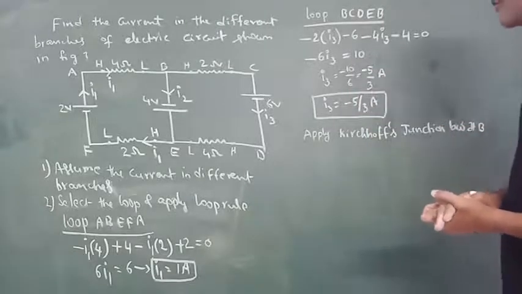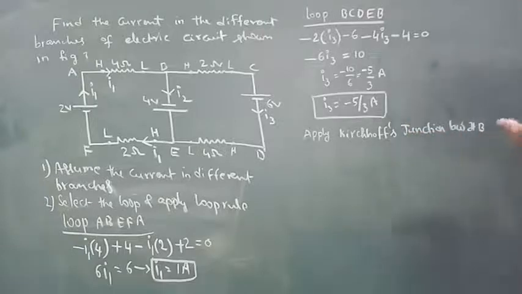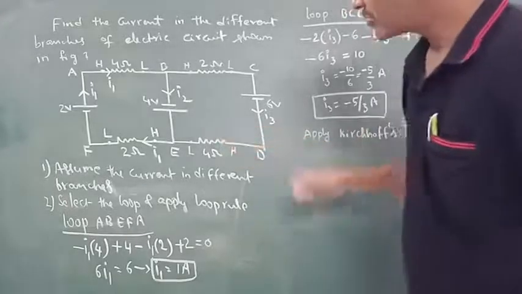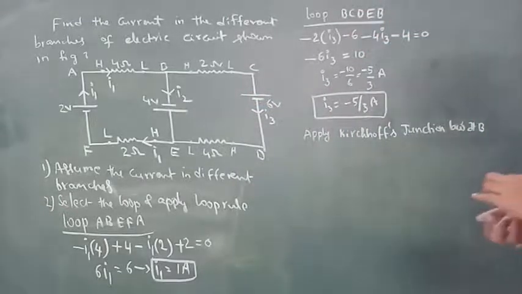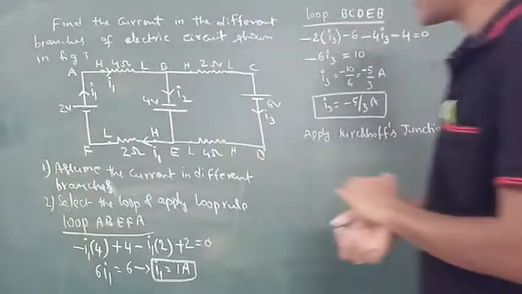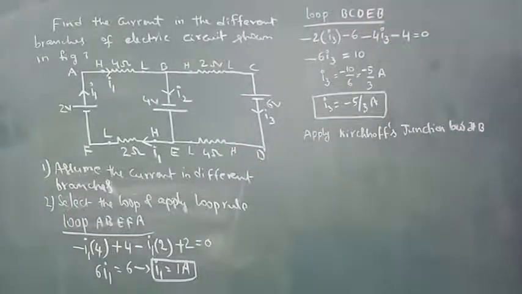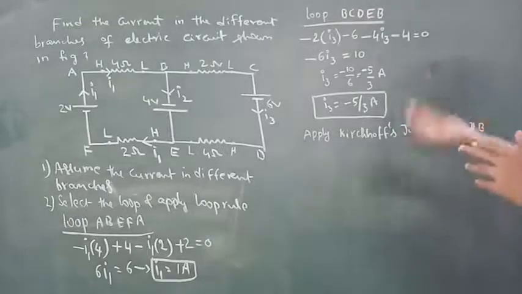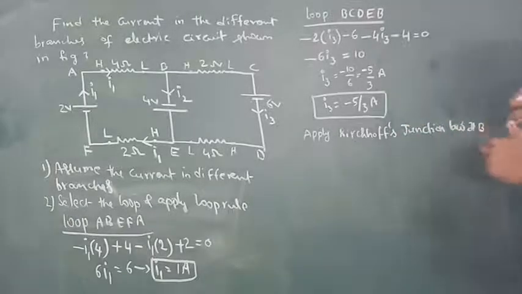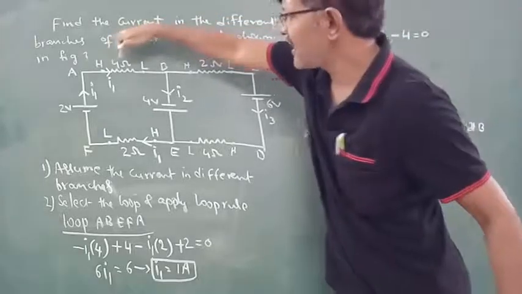We can also find the relationship between I1, I2 and I3 if the same law is applied at E also. So at E also, three conductors meet through which I1, I2 and I3 are flowing. So no problem. You can apply Kirchhoff's junction rule at B or E to get the relationship between I1, I2 and I3.